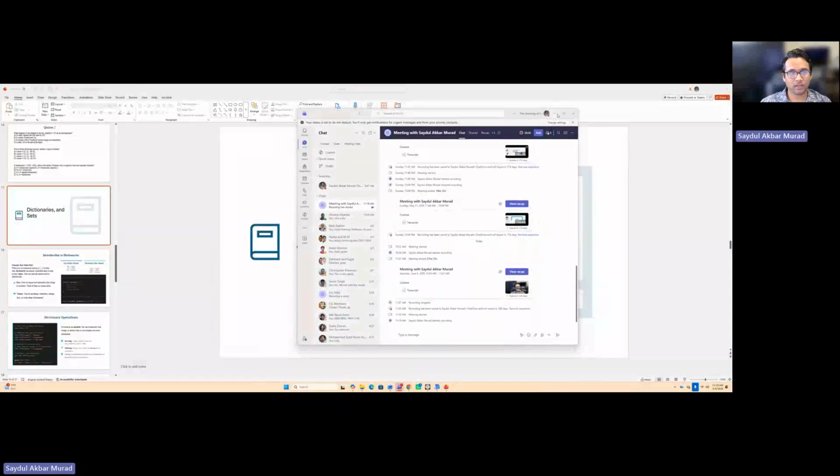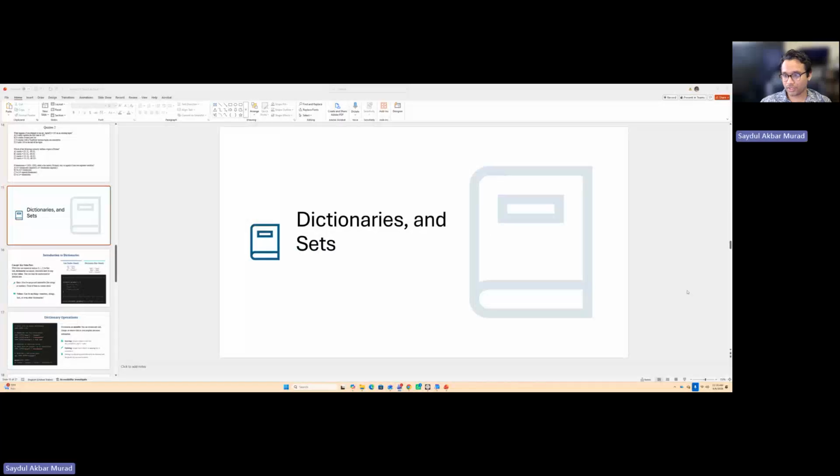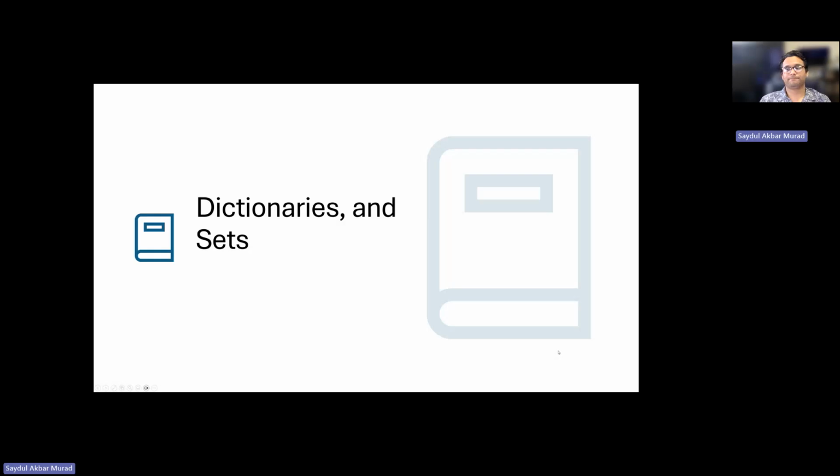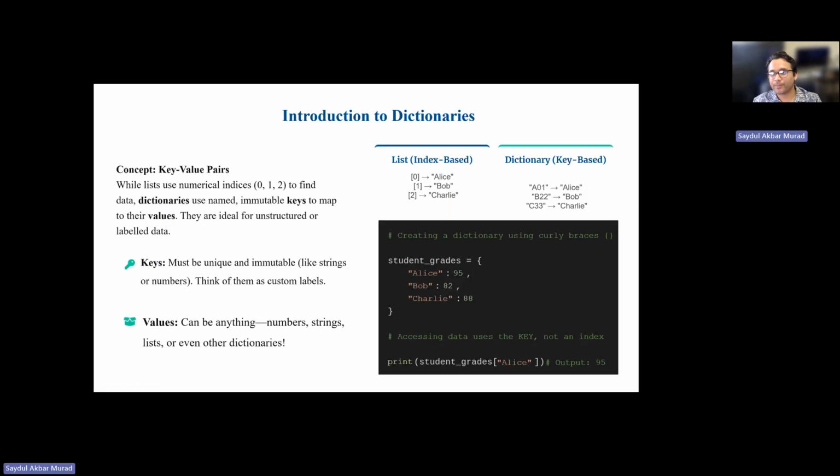All right, so now we'll move on to another two different topics that are called dictionaries and sets. All right, let's start with dictionaries. What is that? If we want to store something with a unique ID and a value, we can do